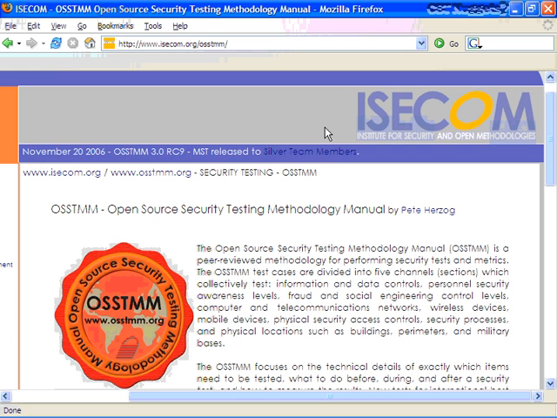The OSSTMM tests information and data controls, personnel security awareness levels, fraud and social engineering control levels, computer and telecommunications networks, wireless devices, mobile devices, physical security access controls, security processes, and physical locations like buildings, perimeters, and military bases. The OSSTMM is also known for its rules of engagement, which lay out how the test is done. You definitely want to add this to your knowledge base. You can also download the manual from